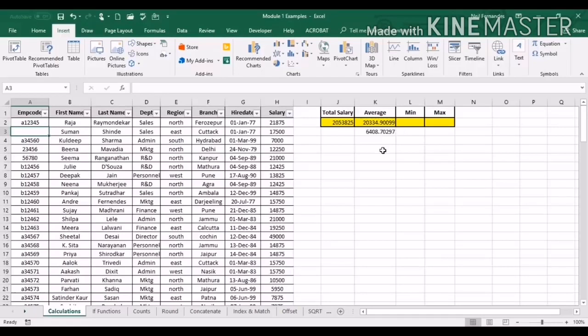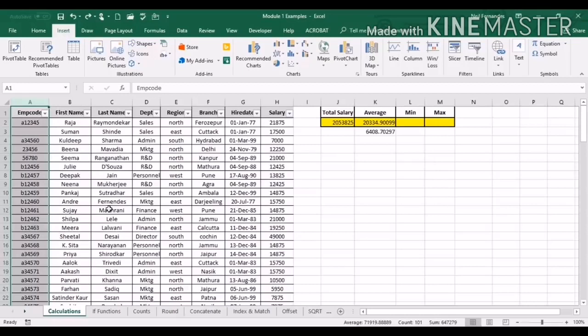Now for example, if I delete one of the data, it changes from 6,300 to 6,400. If you see the difference, 6,300 and 6,400. Why does this happen? As soon as I delete the data from here, this cell is considered FALSE, and so this becomes 0. Once it becomes 0, it does not add anything, and the total is still divided by the number of values. The total number of values that I have is 101, so it will divide by 101. So that's how the AVERAGEA function works.